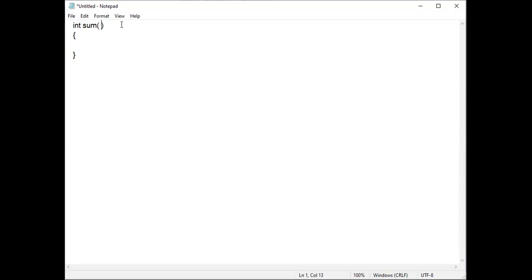Or otherwise I can write like this: int sum, int a, int b. So this is with parameters. The first function is without parameters, this is with parameters. Whatever you write within opening and closing parenthesis is called the argument list. The argument list can be empty, or you can write one or more arguments.